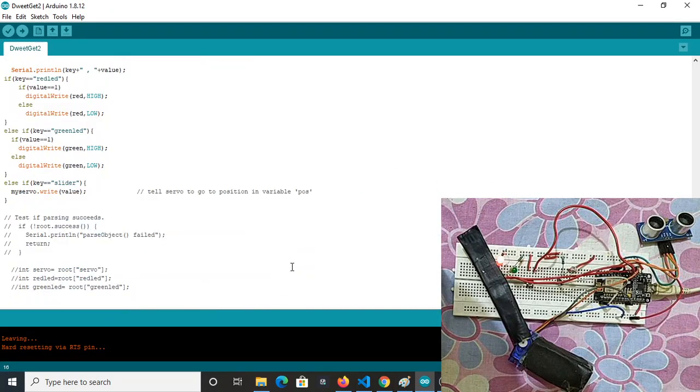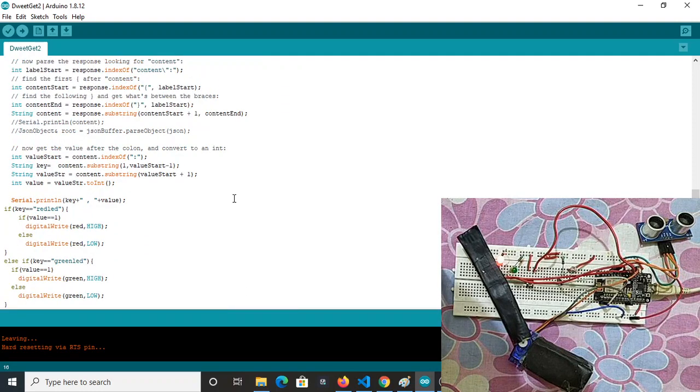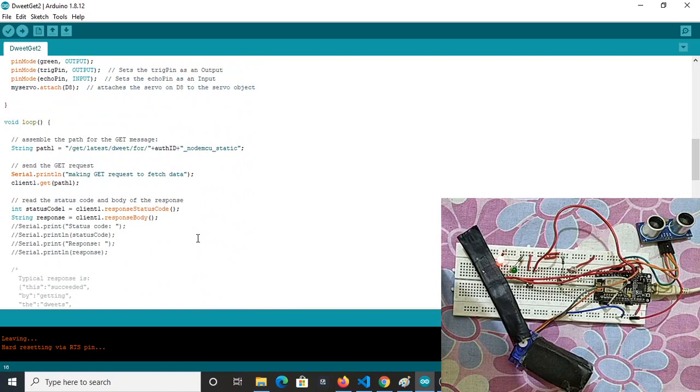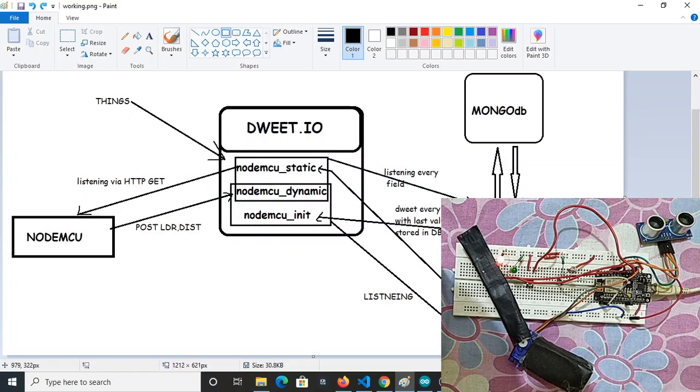Here we are making two requests in this sketch. Yeah, this is the get request: get latest doit for auth id underscore node MCU underscore static. What is auth id? Auth id is basically, in the Node.js server, we have a specific user.